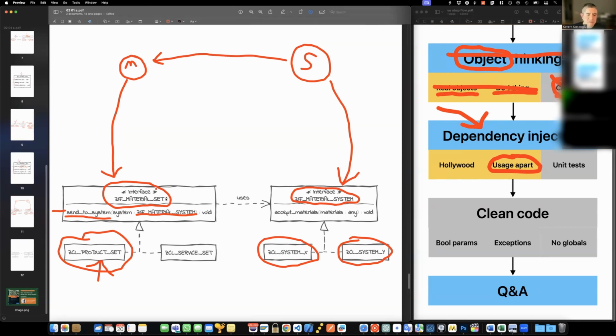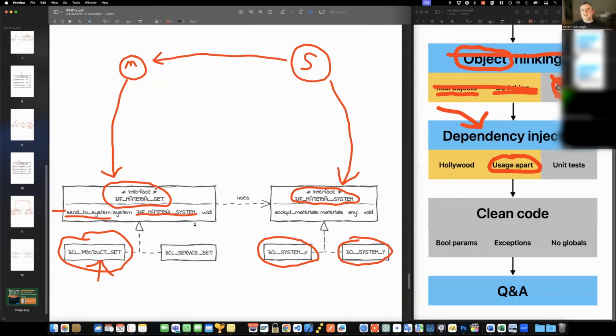I'm not creating and using the object in the material class. If I were doing that, it would mean that something could be a little better, a little more flexible. If you are using dependency injection, then you are supposed to create this object outside and pass it as a parameter to the other class.